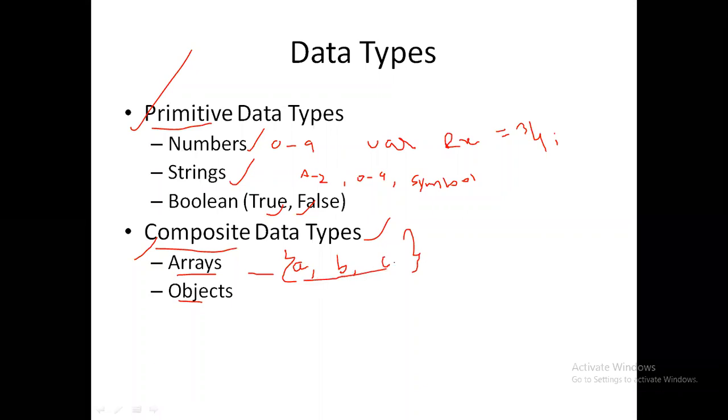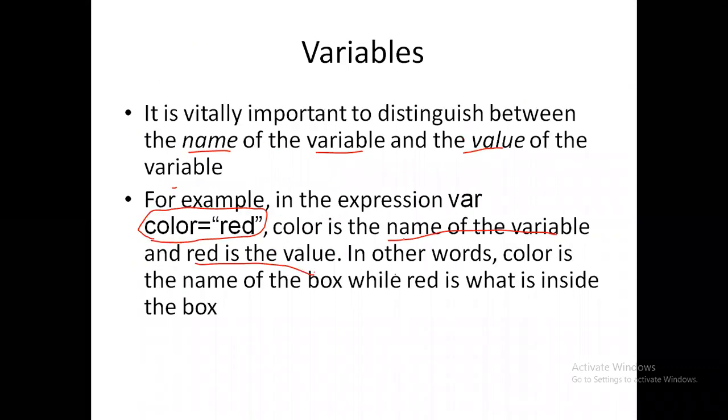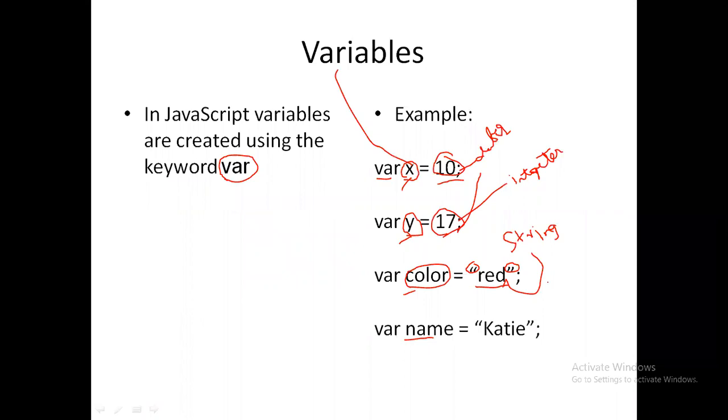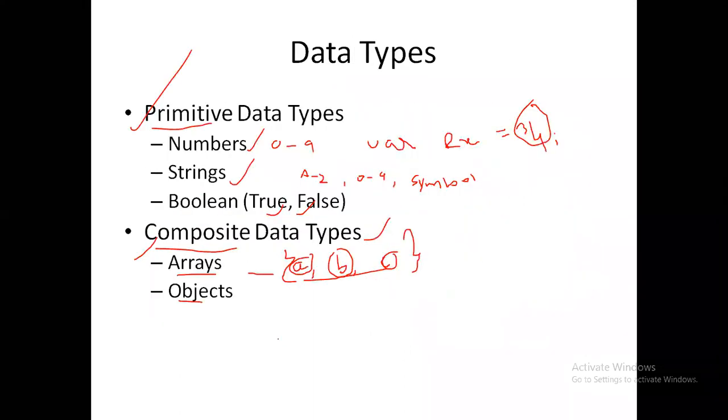Images or any kind of similar data is called an array. So here I am storing only a single value. If you see the previous one, I am storing y is equal to 17, color is equal to red, like this. I am storing a single value. But when I am coming to the arrays, I will be storing multiple values of similar objects. That is the definition of arrays.